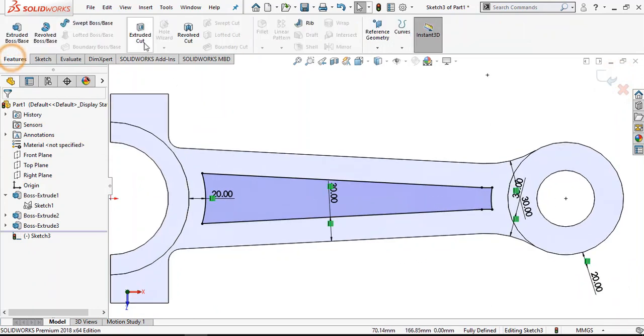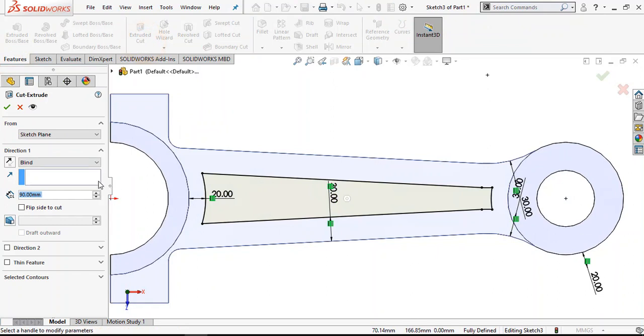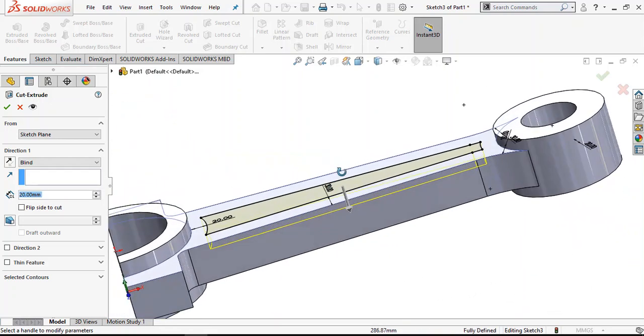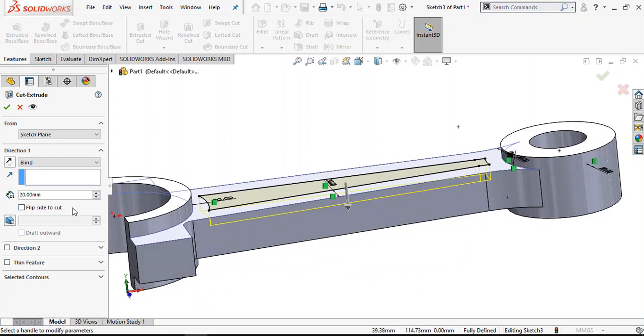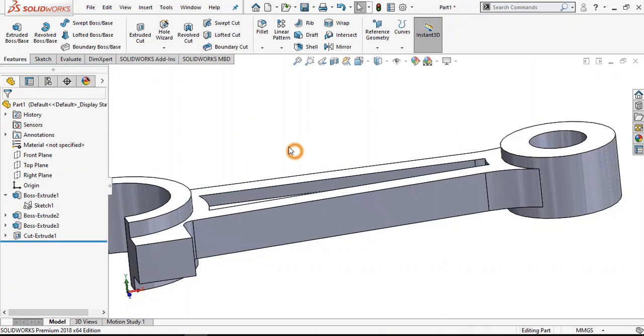Now go to feature and select extruded cut. Make it up to 20 mm depth. Make it up to 15 mm. Is better. Okay.